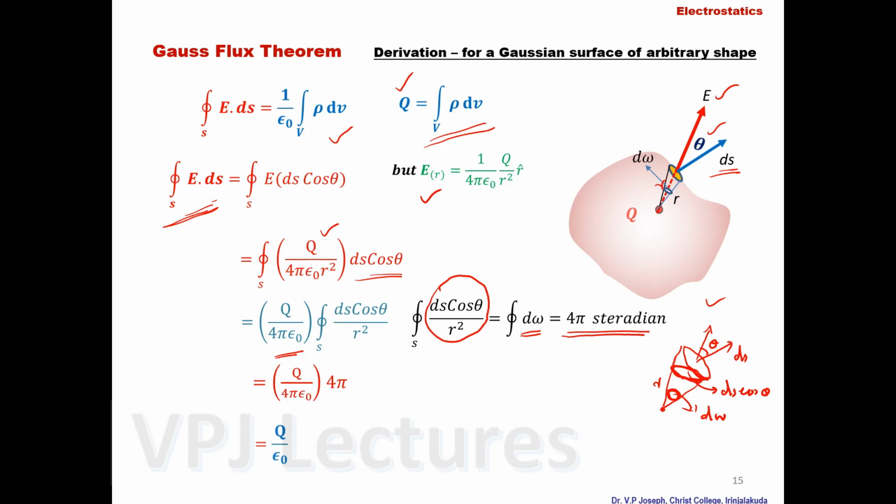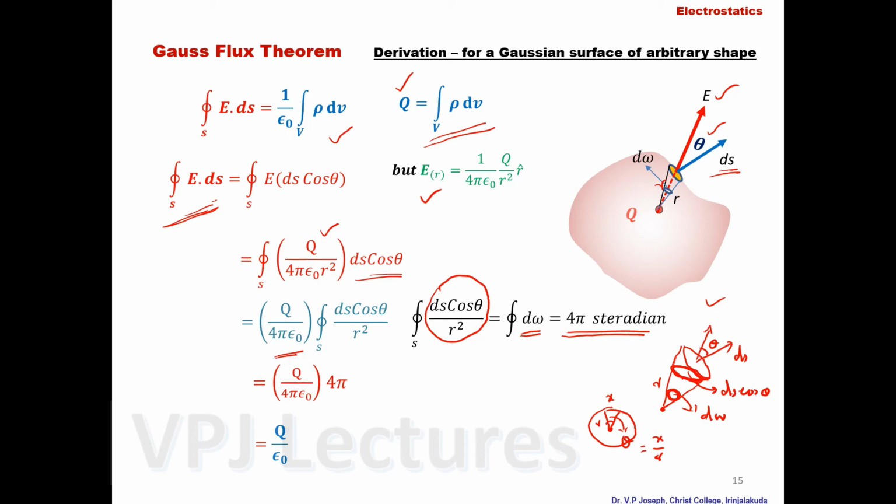That is for the case of a sphere. For the case of a circle, we can see that the angle theta is equal to x by r. That is, arc by radius is equal to theta. In the case of a sphere, we are considering the surface area ds. In this case, it is ds cos theta.